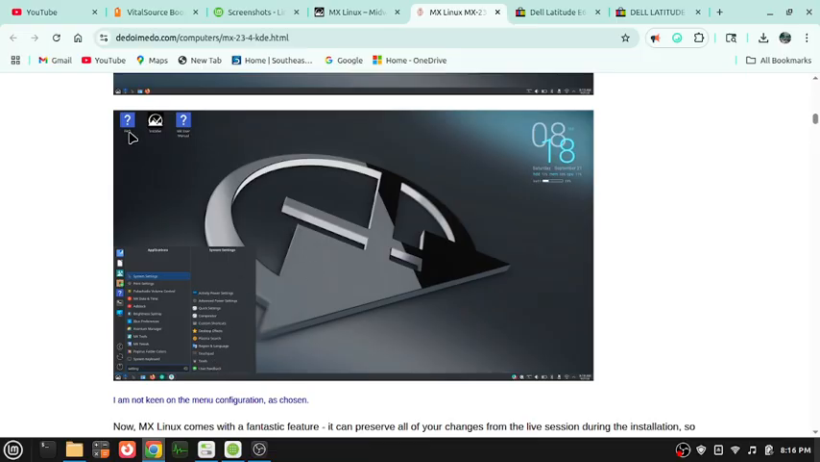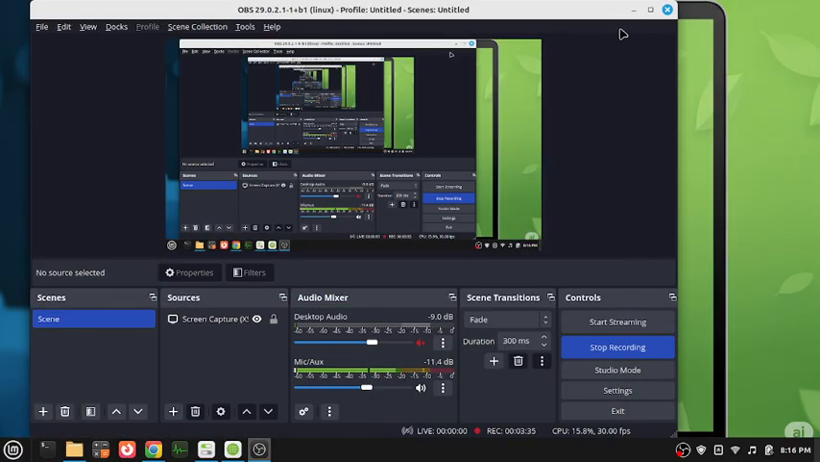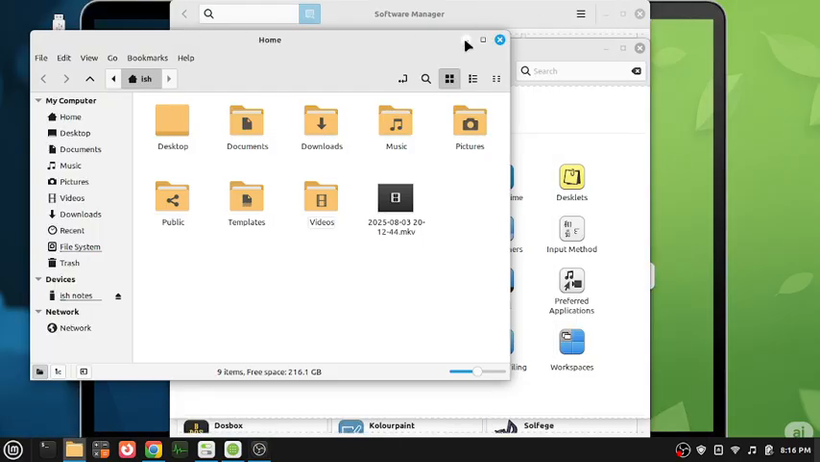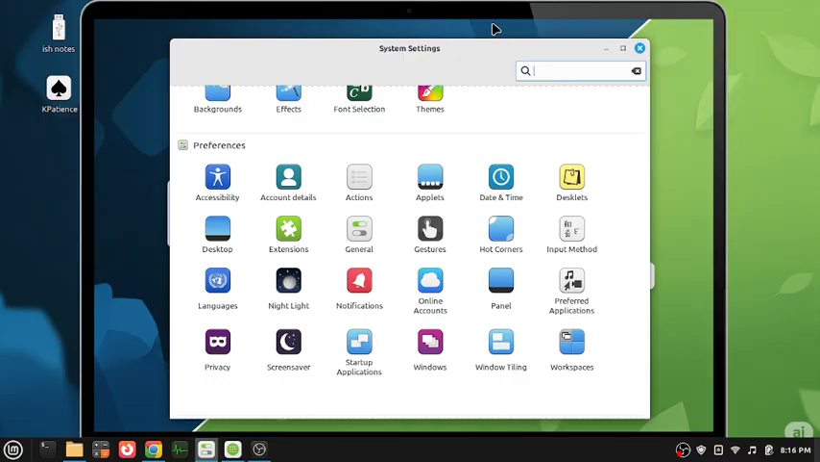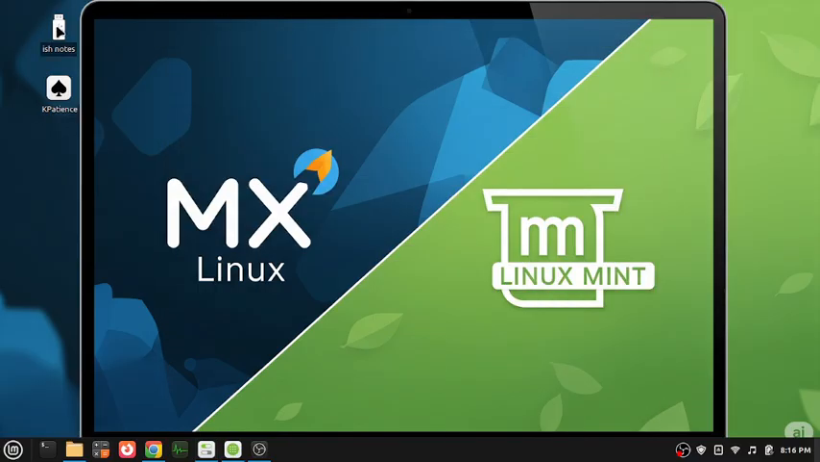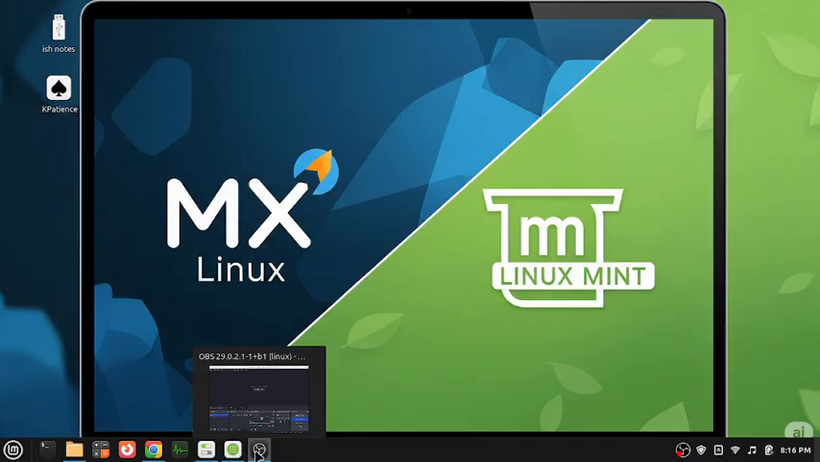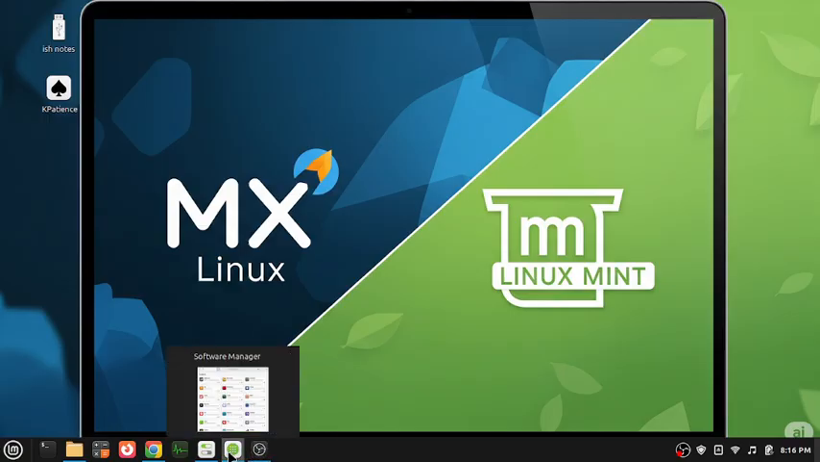Of course, I love that you can pin things to the bar. For example, here I have two things that are pinned, and I can access them very fast without anything. So the third thing I like,